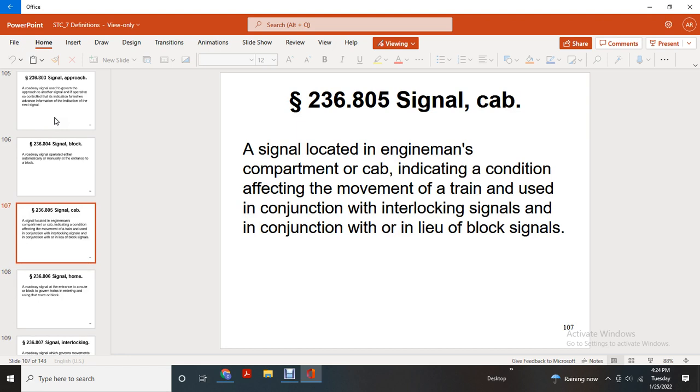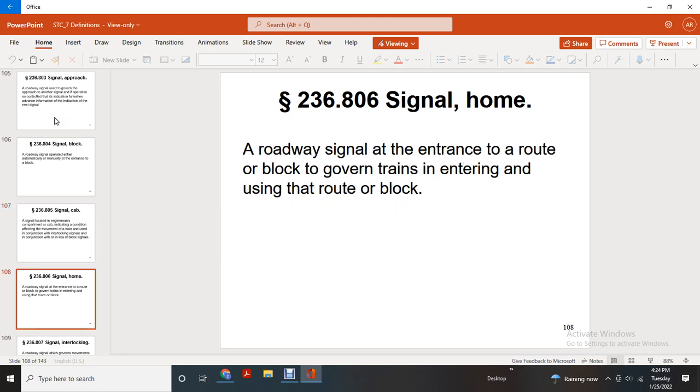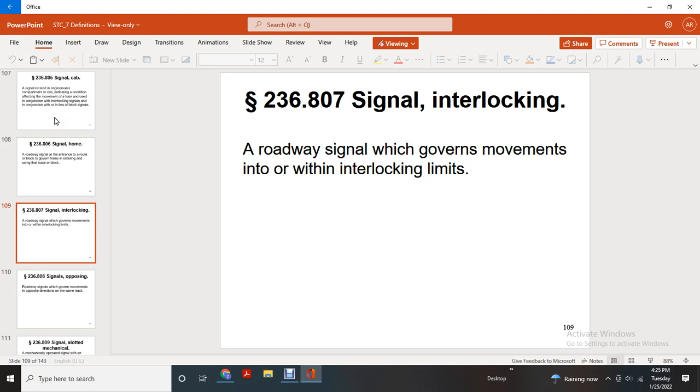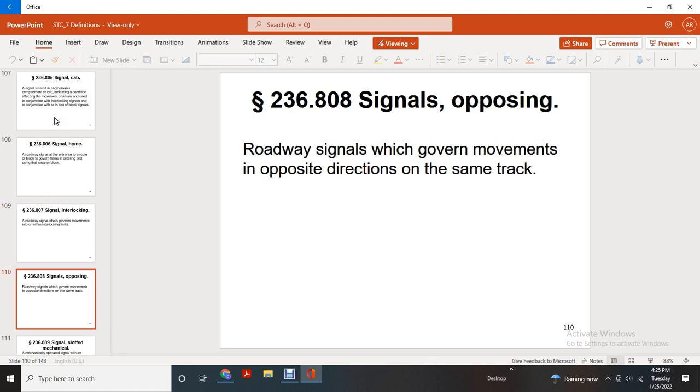or cab, indicating the condition and effect of the movement of the train, either the conjunction interlocking signal, the conjunction of the loop of the block signal, signal home, roadway signal entry within the route of the governed train with entering with the route of the block, road signal interlocking roadway signal governs the movements of the width into or within the interlocking limited signal, opposing roadway signal with governed movements of the opposite of the direction of the same track,